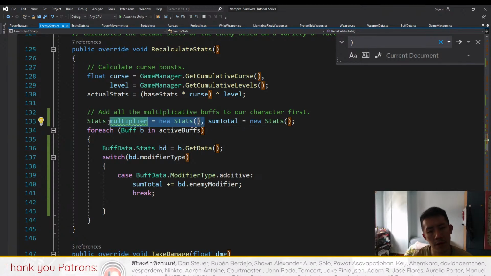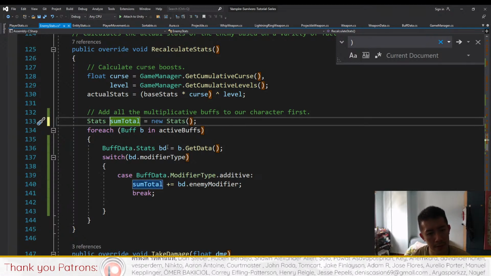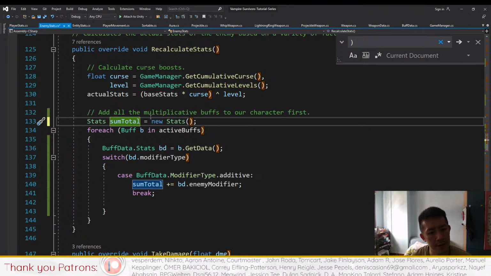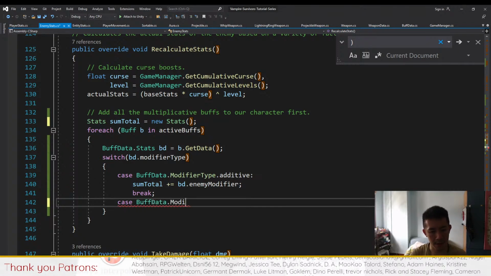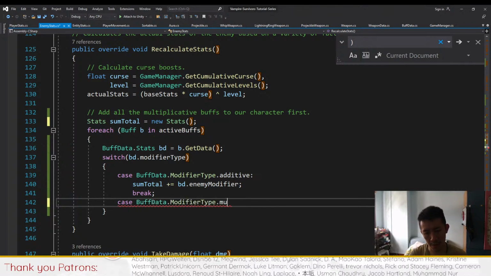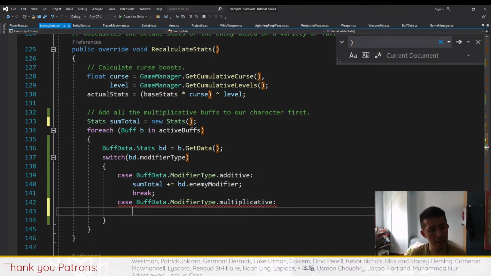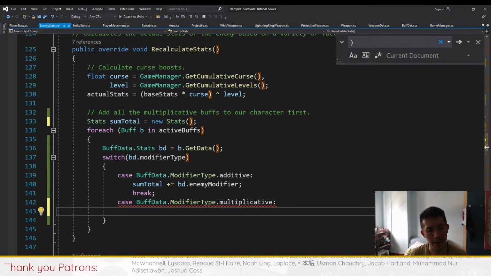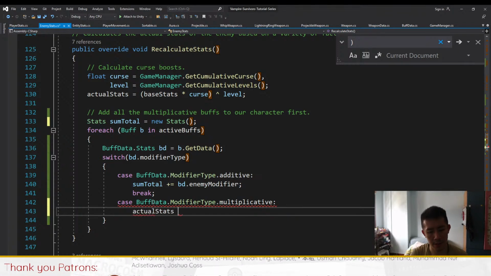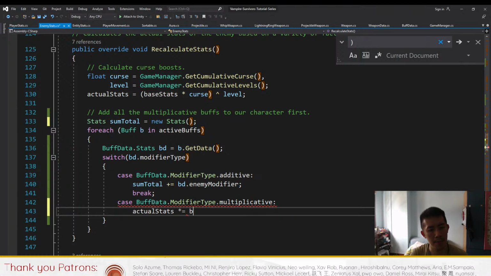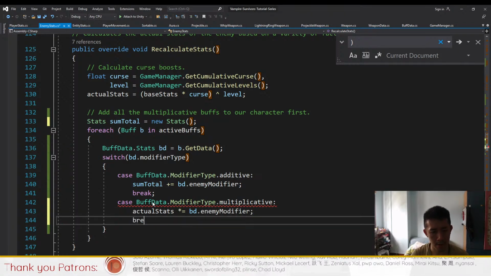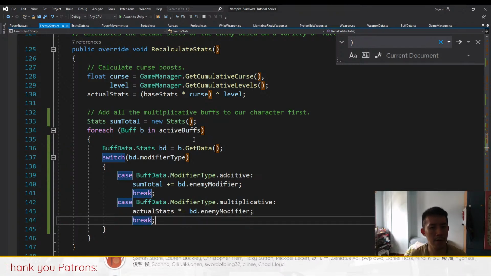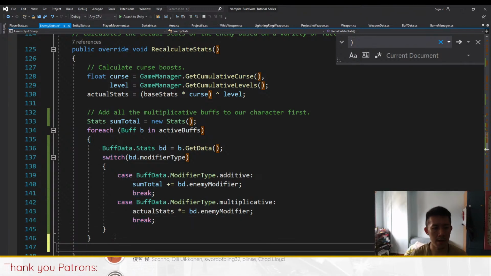So we can save all of the additive buffs under a sum like that. Then if the buff data is multiplicative, we can just grab the stats and multiply it by the enemy modifier. And then after that we add